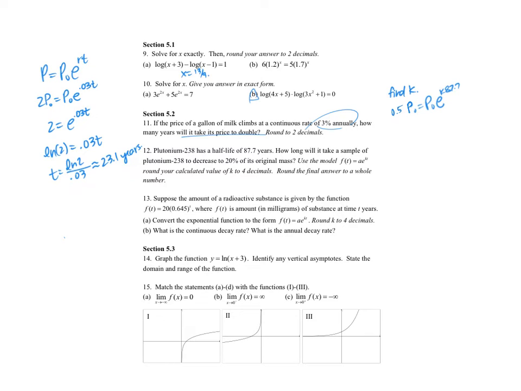Then I can divide by the P naught. So 0.5 is equal to e to the k times 87.7. And then I can take the natural log of both sides, and then divide by 87.7. So k equals natural log of 0.5 divided by 87.7, which is